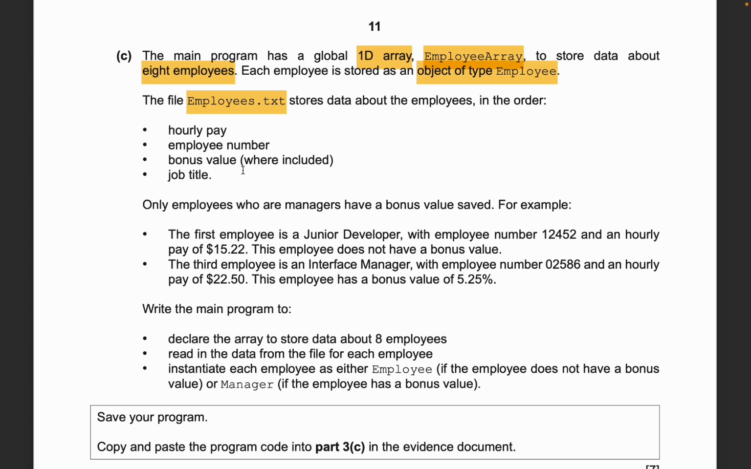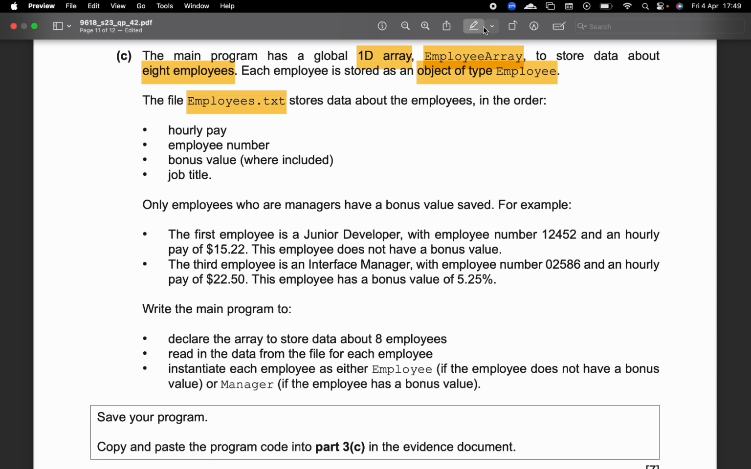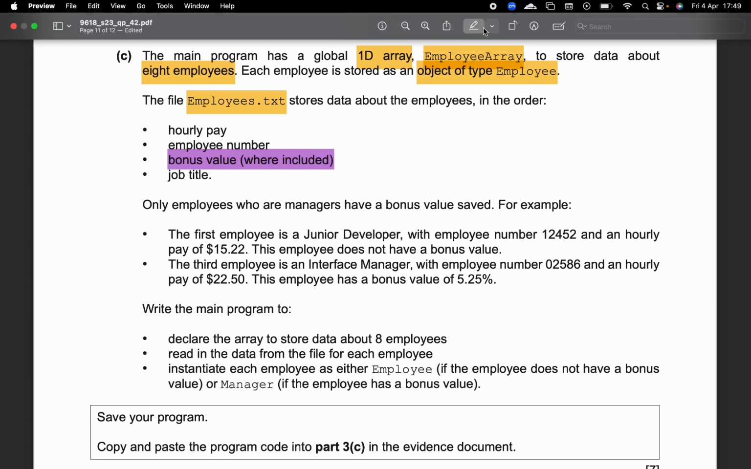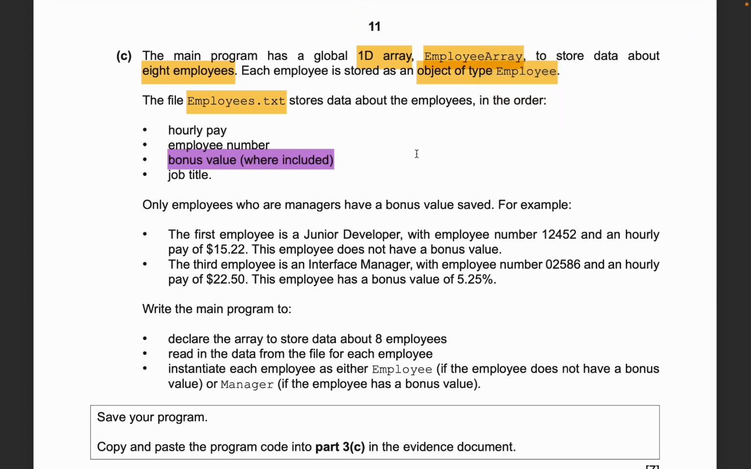So we don't really know whether the third line in this 4-liner data is going to be a bonus value or just a job title, because if it's a normal employee, then there's going to be no bonus value. This is going to be 3 lines of data for that one specific employee, and the bonus value would not exist. And if it's a manager, then it's going to have a bonus value included. So that's what we have to make sure of when we're putting that into our array,